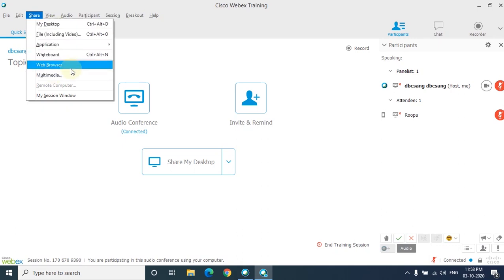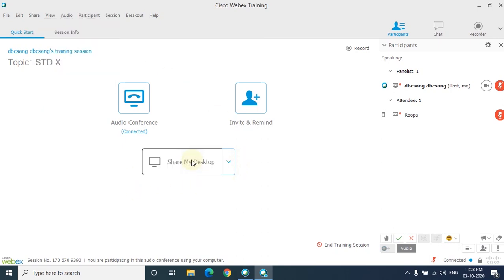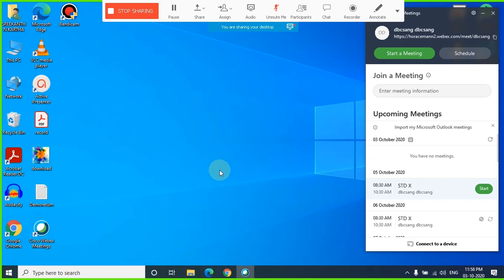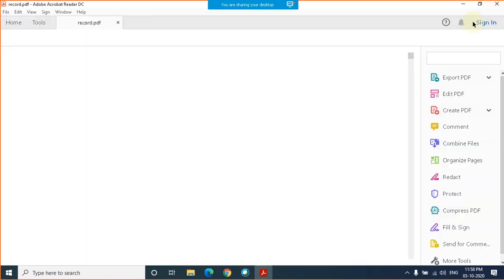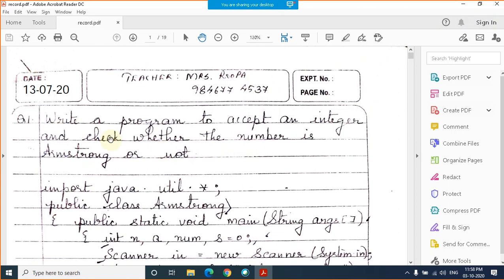For example, let me share my desktop. So when I am sharing my desktop, let me go for I want to show one file. Clear? I just click on this particular file. You can see this is a PDF file which I want to show.